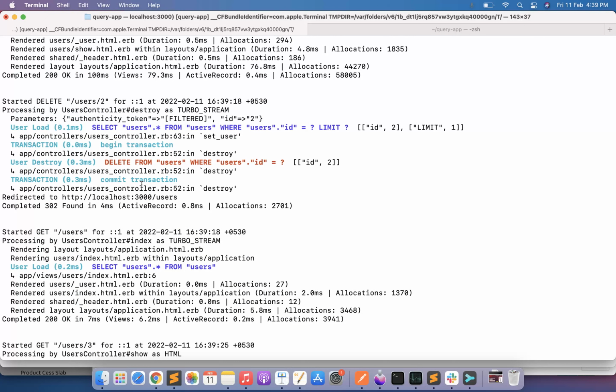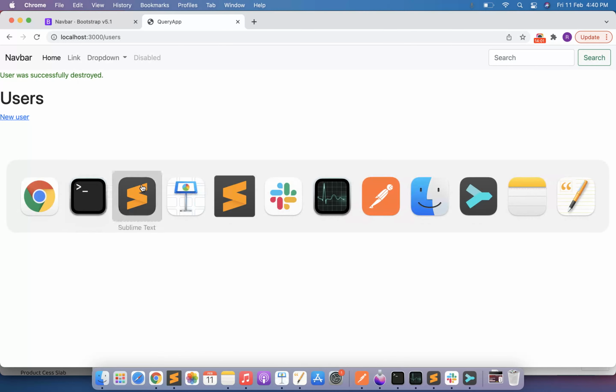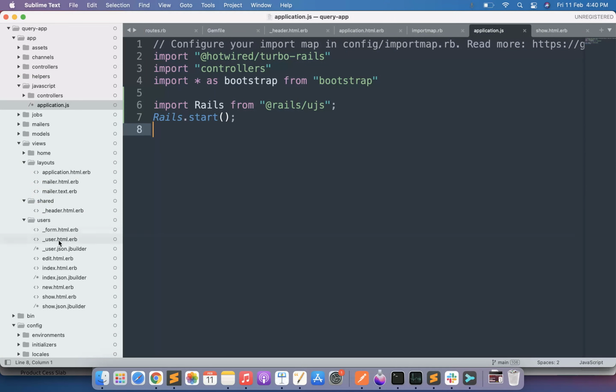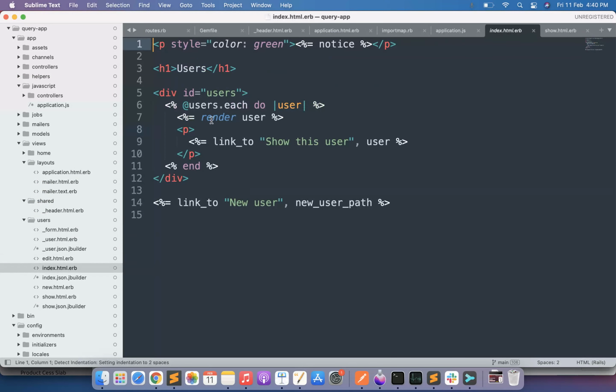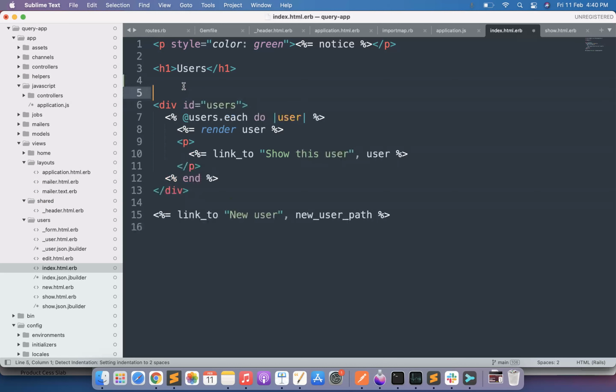Okay. So here we saw how to get the Bootstrap navigation bar drop down working, and how to get link_to tag working as a delete request. But we are not done yet. Let's convert the index template of users into a tabular form, and add the links of edit, view, delete into a table row inside the drop down button. So open your Sublime folder, and just change the format of index, remove the existing code from here, and